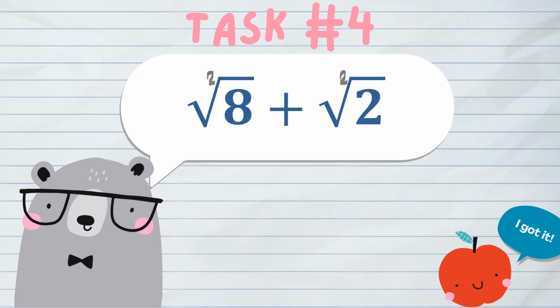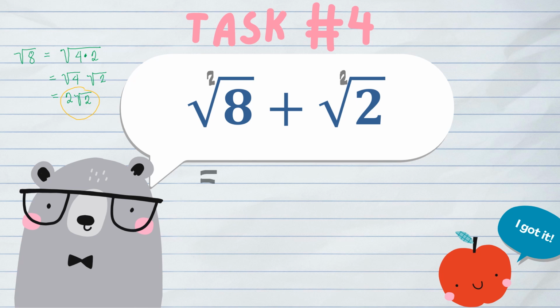We all know square root of 8 can be simplified. We can have square root of 4 times 2, or we can also have square root of 4 times square root of 2. But in here, we all know square root of 4 is 2. So 2 square root of 2. From here, we're going to use this one. As you can see, we do have the same indices and radicands already. So now we can proceed with our solution again.